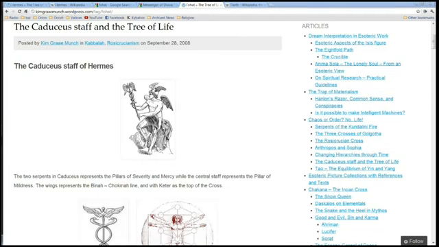Okay, let's take a look at the caduceus real quick. Now, the caduceus was the staff of Hermes. Okay, Hermes, as everybody knows, is basically the same as Thoth. Okay, Hermes Trismegistus, and the Thoth. And so Thoth